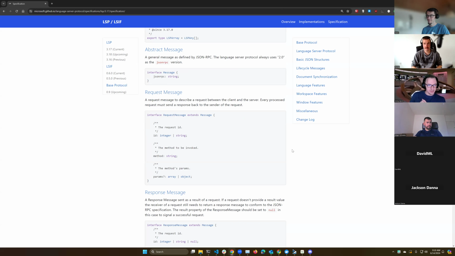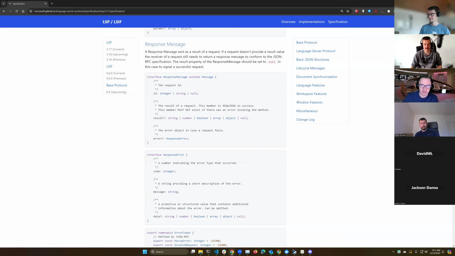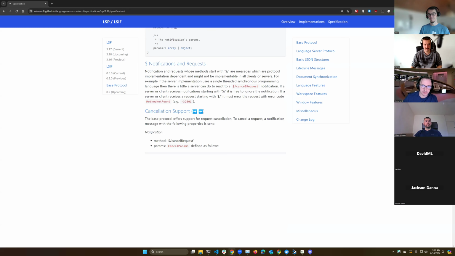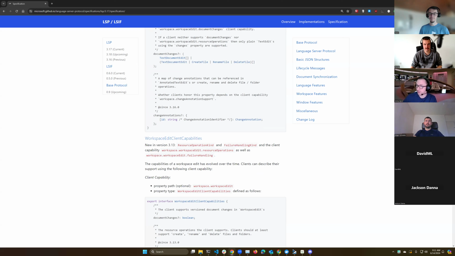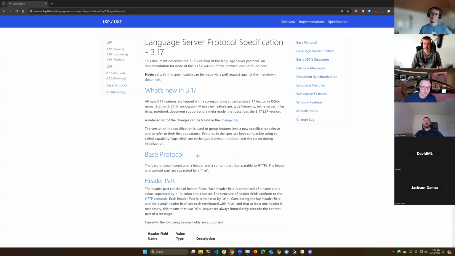So back to the language server protocol. You have to come in here and look at all these different types. There's a lot of things in here, like interfaces and types that extend others. You can see the scroll bar is massive. There's just a ton of stuff in here. And previously, the only way you had to do this was through handcrafting responses.